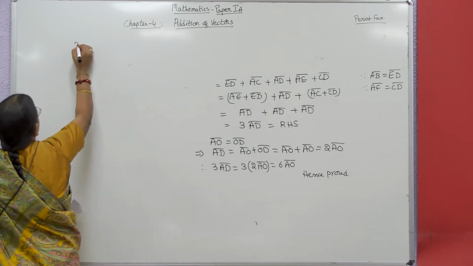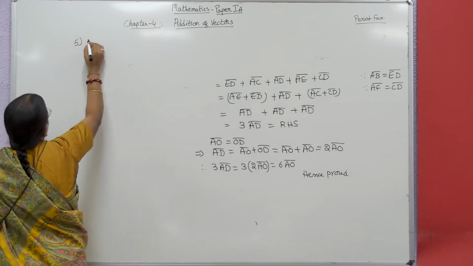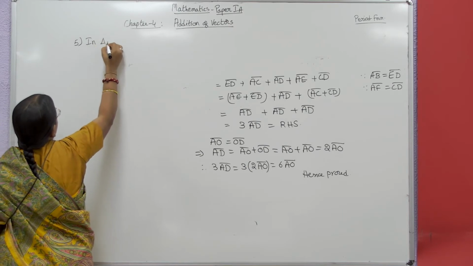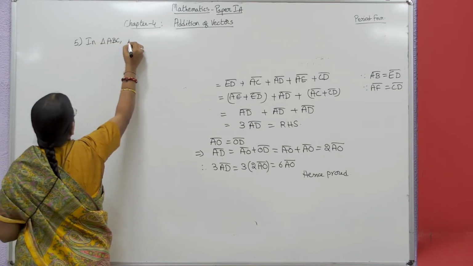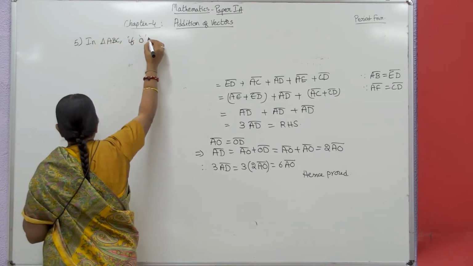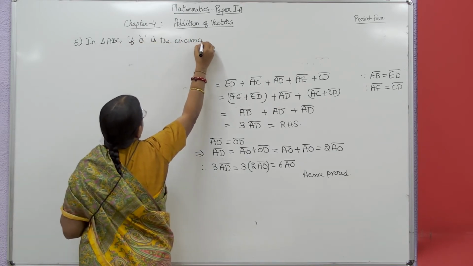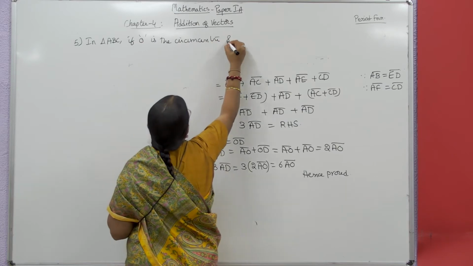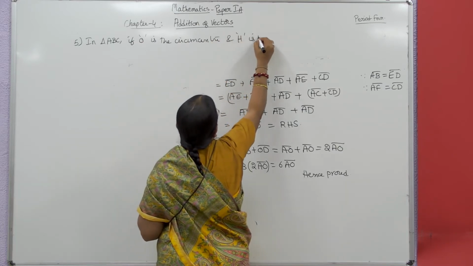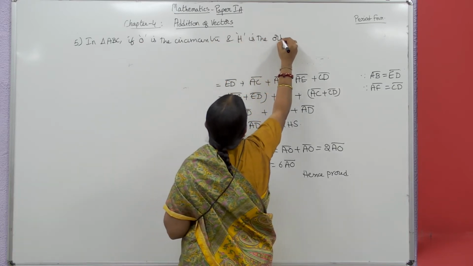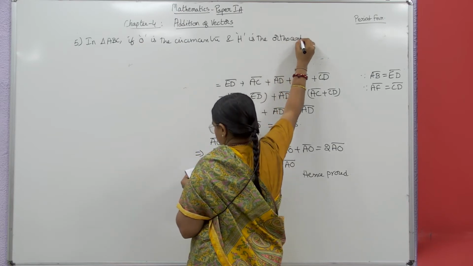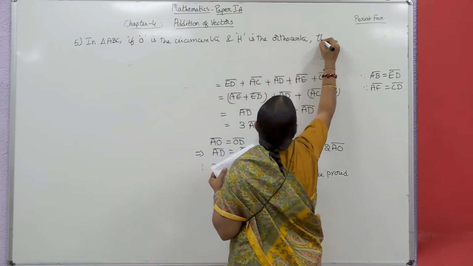Fifth problem. In triangle ABC, if O is the circumcenter and H is the orthocenter, then show that